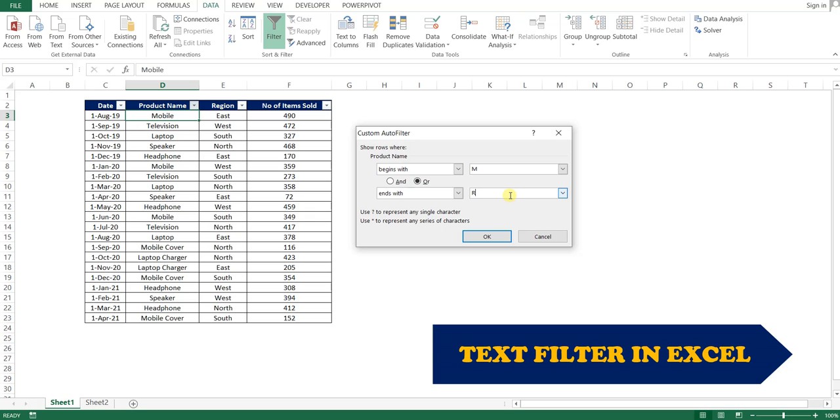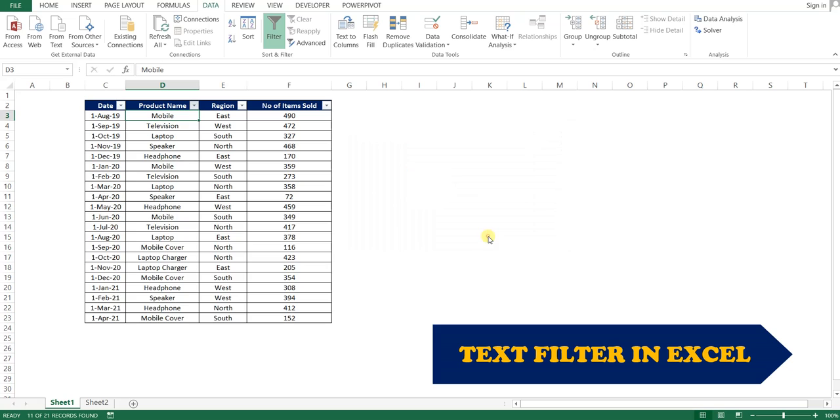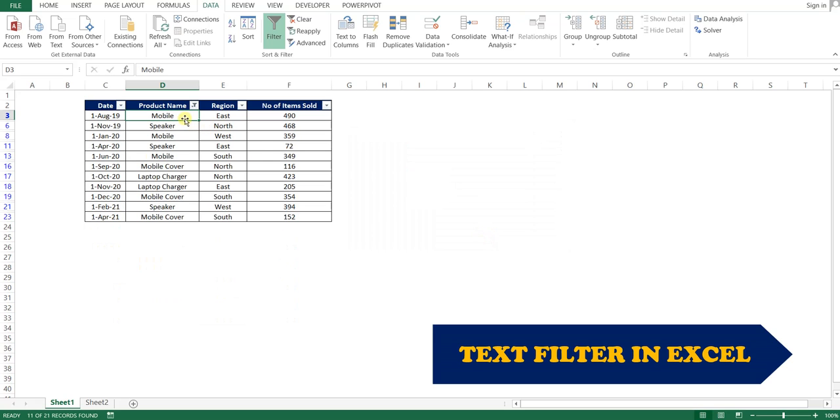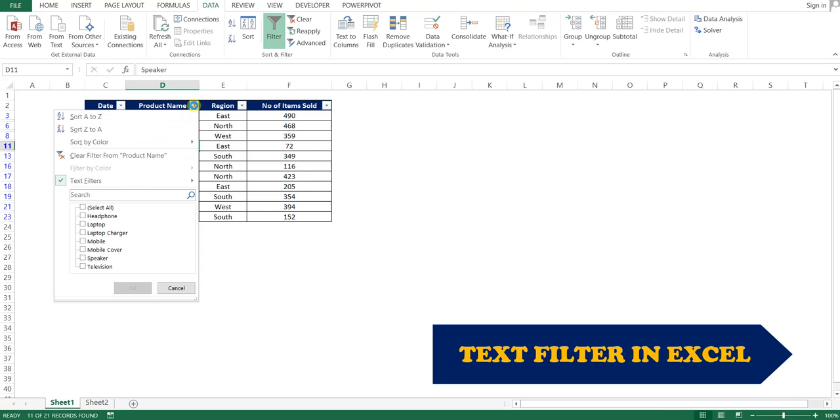We are asking Excel to filter the values which will either begin with M or end with R. If we click on the OK button, we can see that the values which begin with M or end with R are now filtered on our Excel screen.